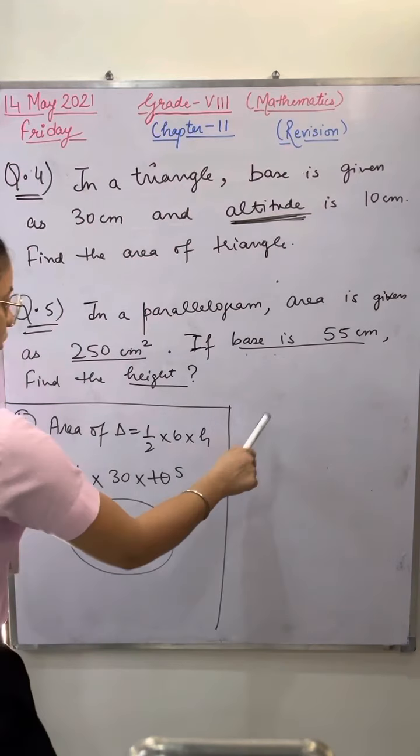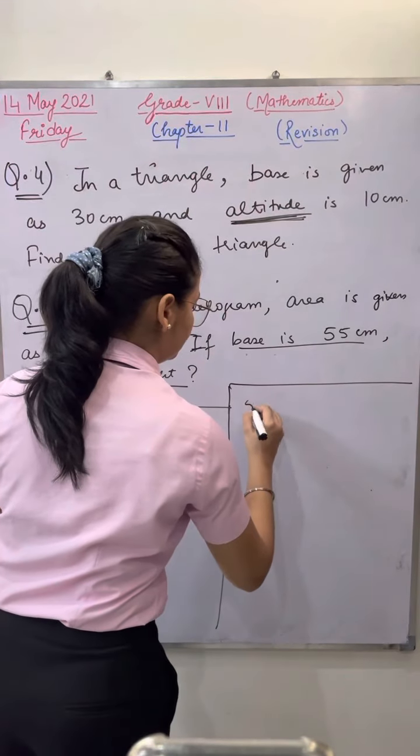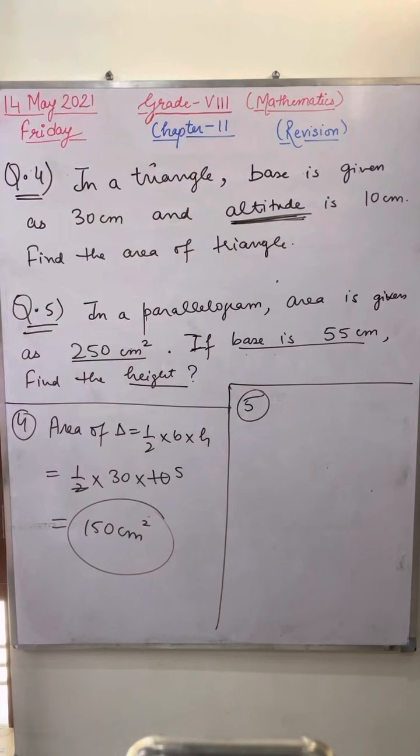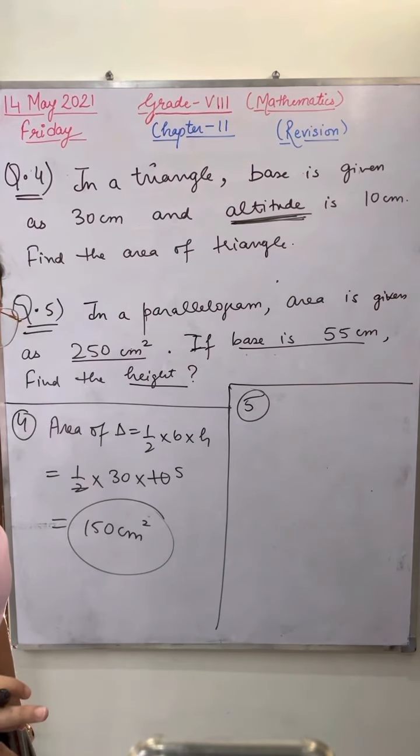Okay. Now take out this fifth question quickly. Area of parallelogram is given, base is given, find the height. Very good. Find out quickly. Manvi, Chaitanya, Neerav, Hardik, yes, correct. Abhinav, correct.